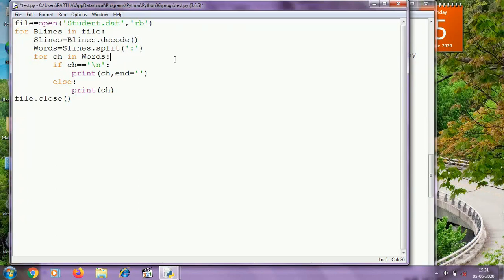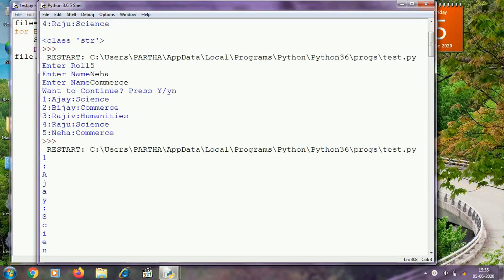depending on the colons, because in the binary file you can see that roll number, name and stream is separated by colon. That's why I have to split depending on the colon.